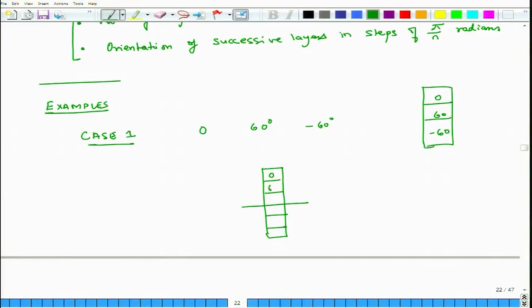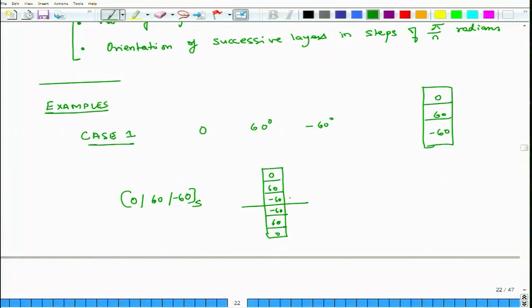So, you can have 0, 60, minus 60, minus 60, 60, 0. So, this is essentially 0, 60, minus 60 symmetric, and in this case B will also be 0 and it will still be quasi-isotropic,